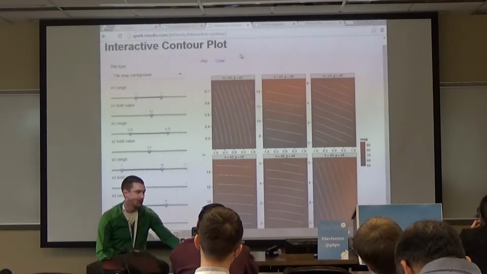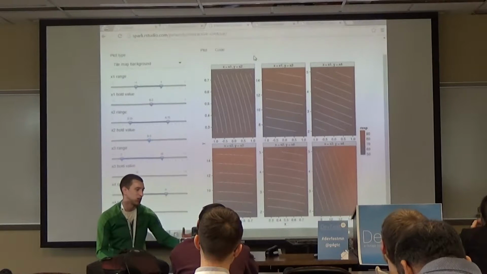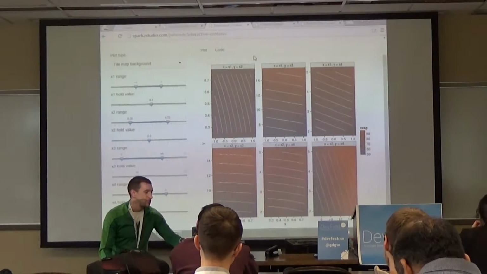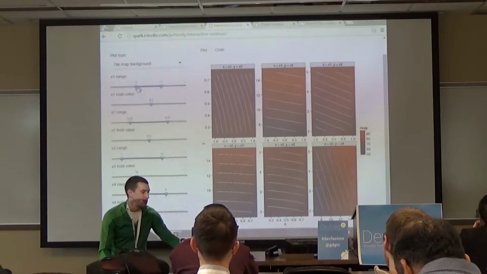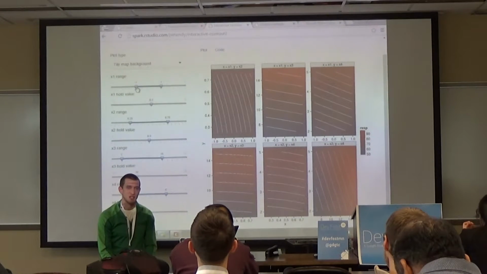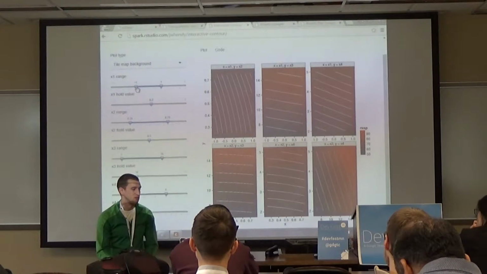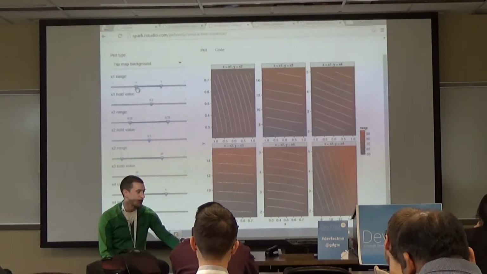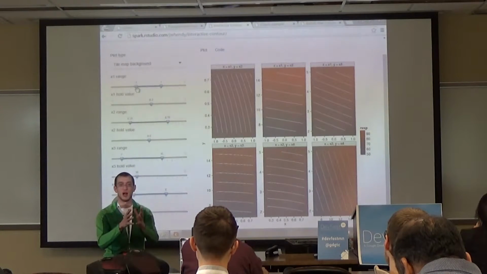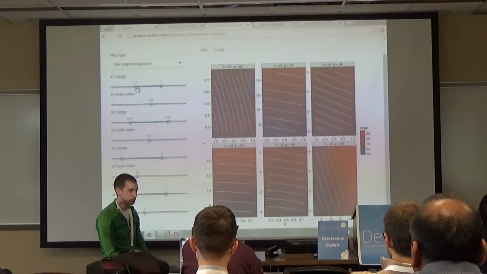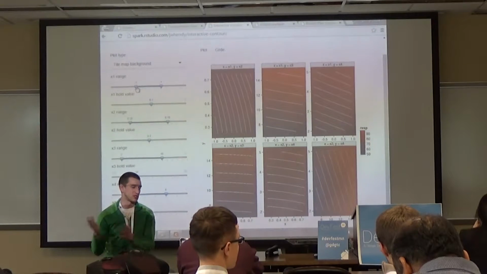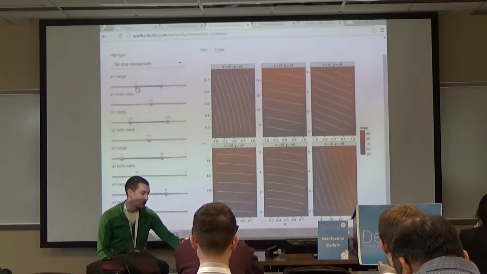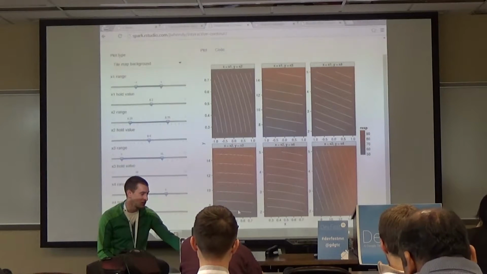A more typical contour plot, I guess, or a tile map, as ggplot would call it, or heat map, however you want to look at it. What I liked is, I was actually trying to replicate a different piece of software called iSight, which is used for this sort of thing. And it had these sliders, which I thought were kind of neat. So if you find an area that looks more promising with your desired output, so if we just assume, okay, I want my response to always be red, you can start tweaking those sliders and say, well, I can ignore everything where, if I look at this,